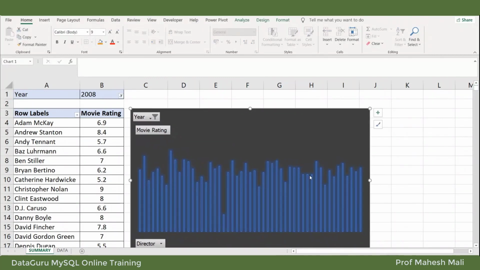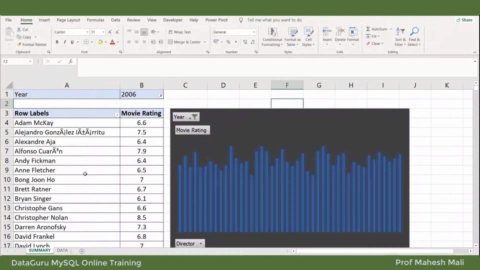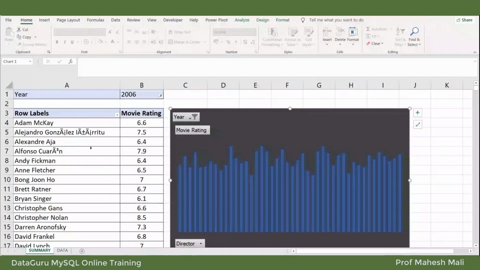ठीक है, so see I have plotted a very simple graph based on the data given, and there is already a filter applied. See, so based on the data, your graph is also updating automatically.